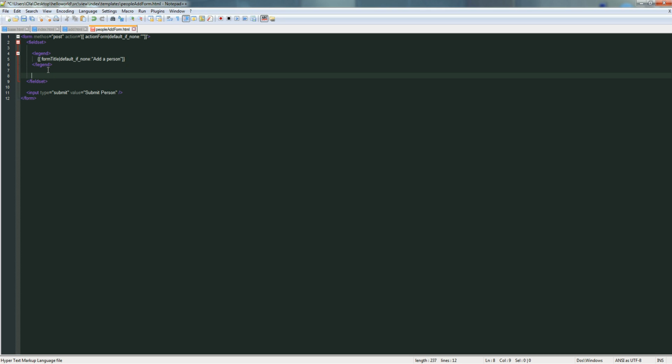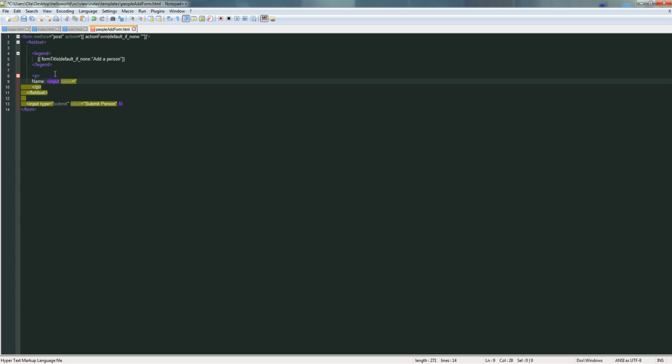Now paragraphs, the name, input, name equals name, ID equals person name,